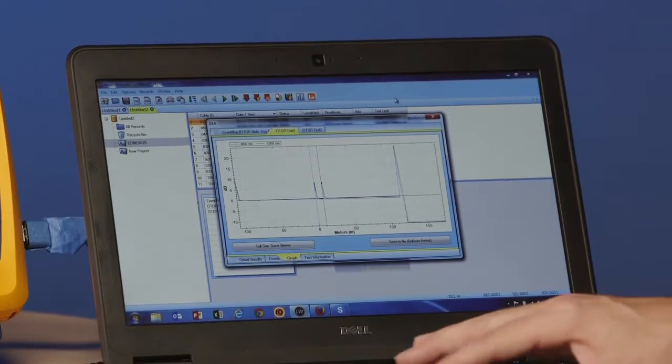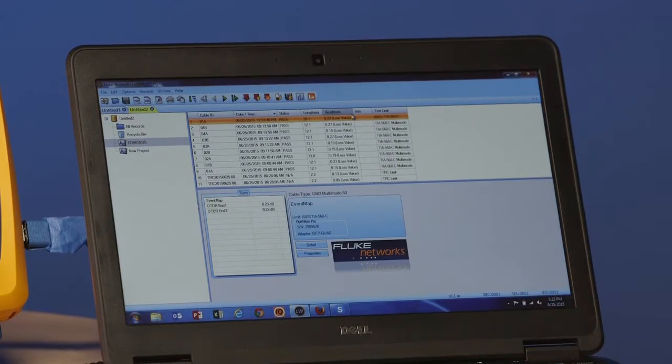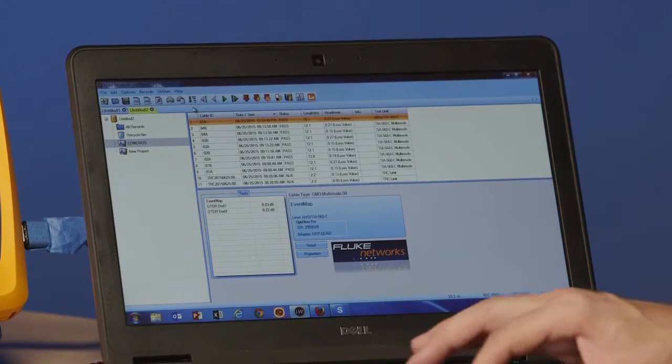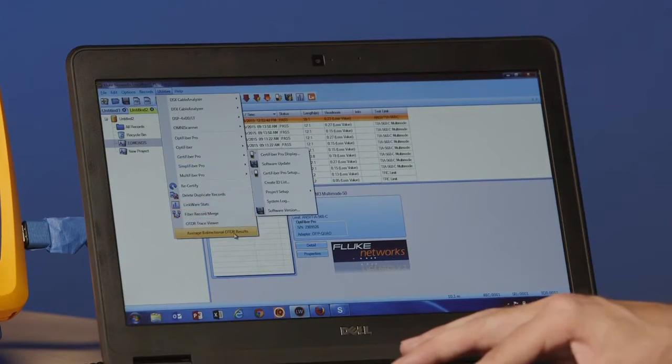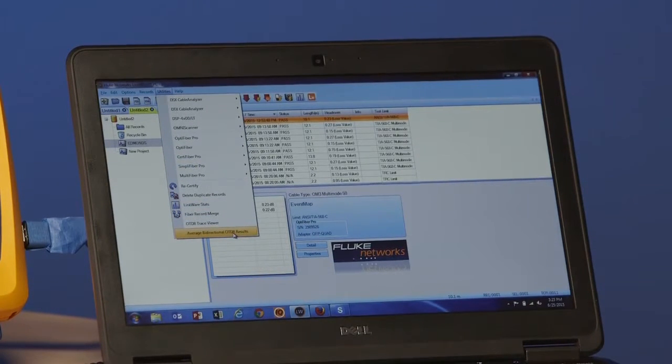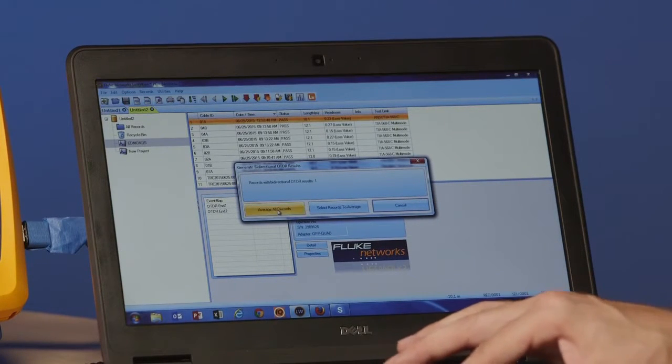Now, if you remember from our OptiFiber Pro video, we ended up getting that negative loss reading. The way that we deal with that is we click on Utilities and go down here and average our OTDR results. So when I click on that, it's going to look in this record and see if there are any results that can be averaged. And it's coming back and saying, yes, there's one result that can be averaged because we made that measurement in both directions. So let's average